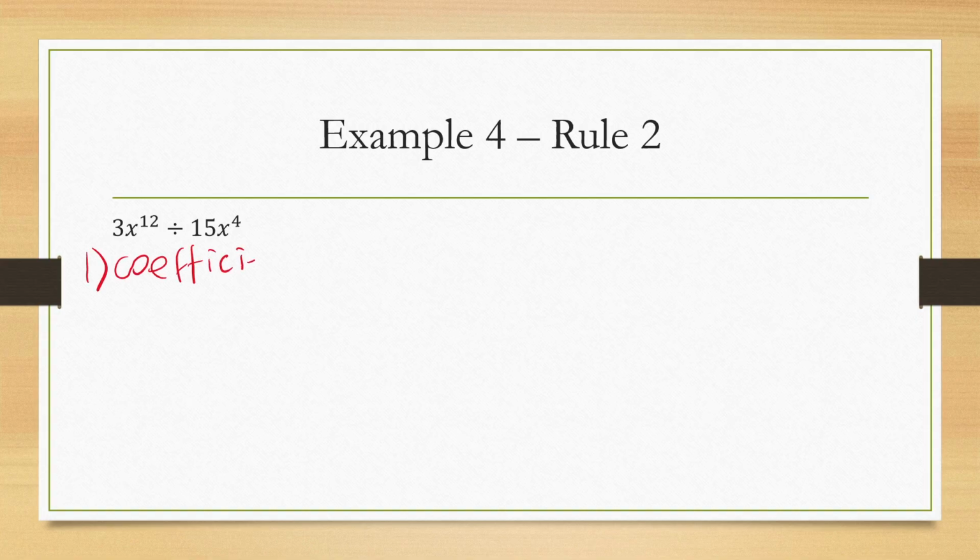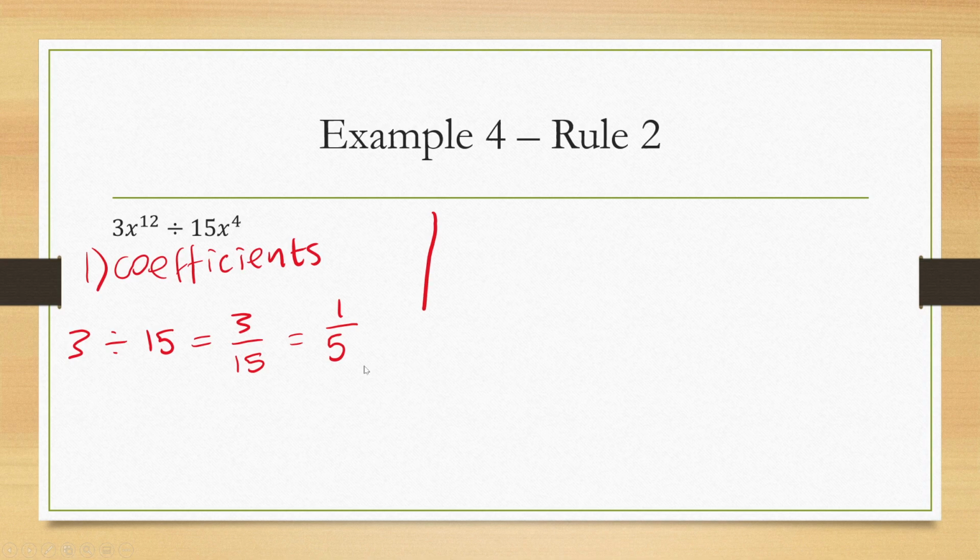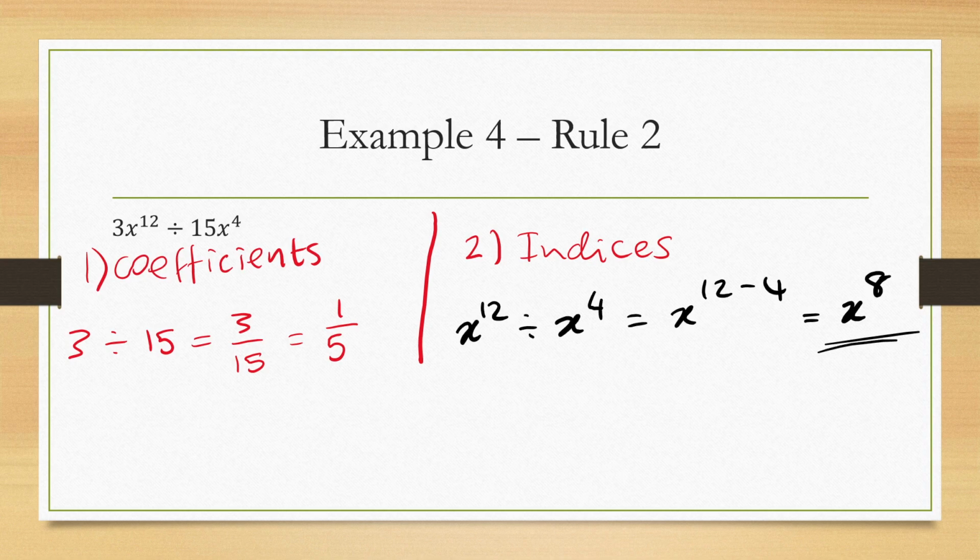So, like always, deal with the coefficients first. For the coefficients, you do 3 divided by 15, which is the same as writing 3 over 15, which is equal to 1 over 5. I wrote these in fraction form because it's much easier for me. But I will show you a much nicer and easier method to find this fraction form in a later video. So we split this here into the indices part, so that's the second phase of it, and then we do this. Because this is the same base,